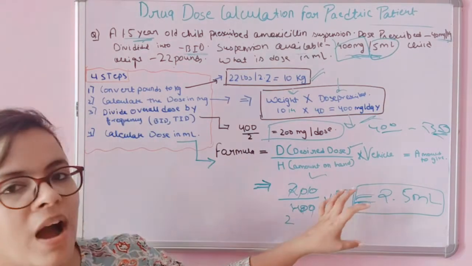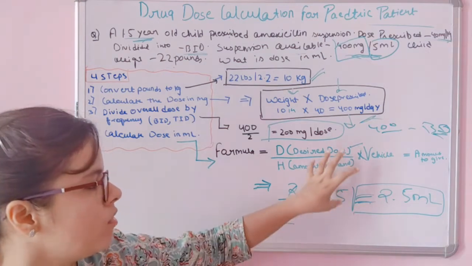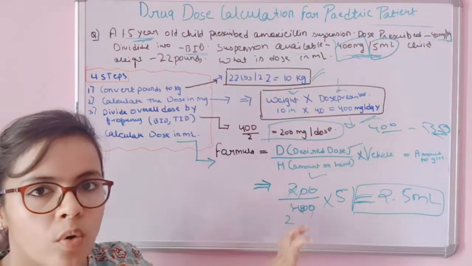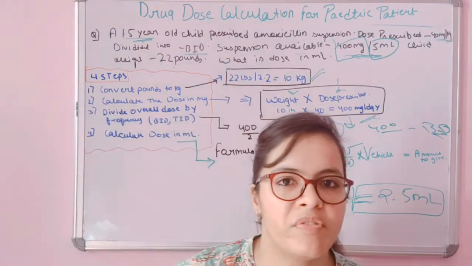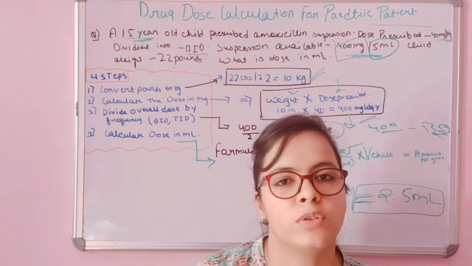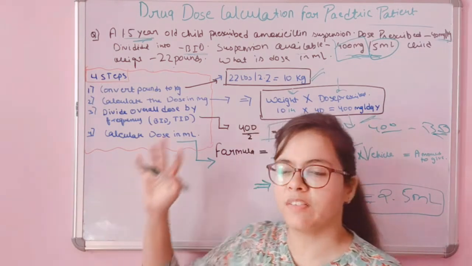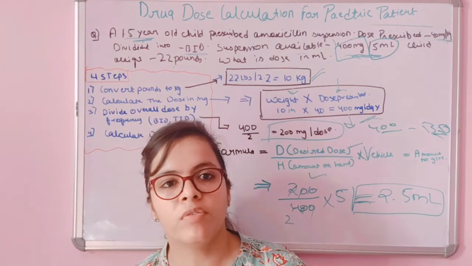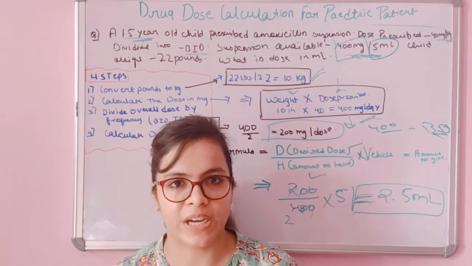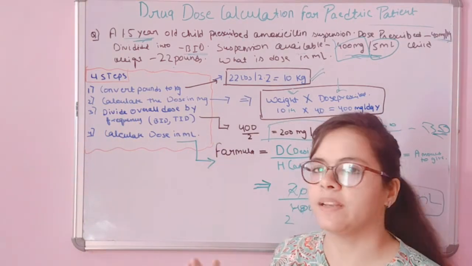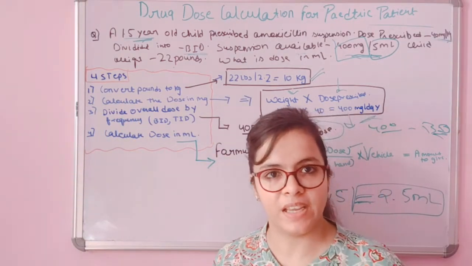So that means you have to give a dose of 2.5 ml to the 1.5 year old kid. That means 2.5 ml you have to give one time and then the other time also 2.5 ml. So from this method you can calculate how much ml is to be given to a child of a particular age. So this is a very simple 4-step method. You can learn this method and you can calculate this very easily.